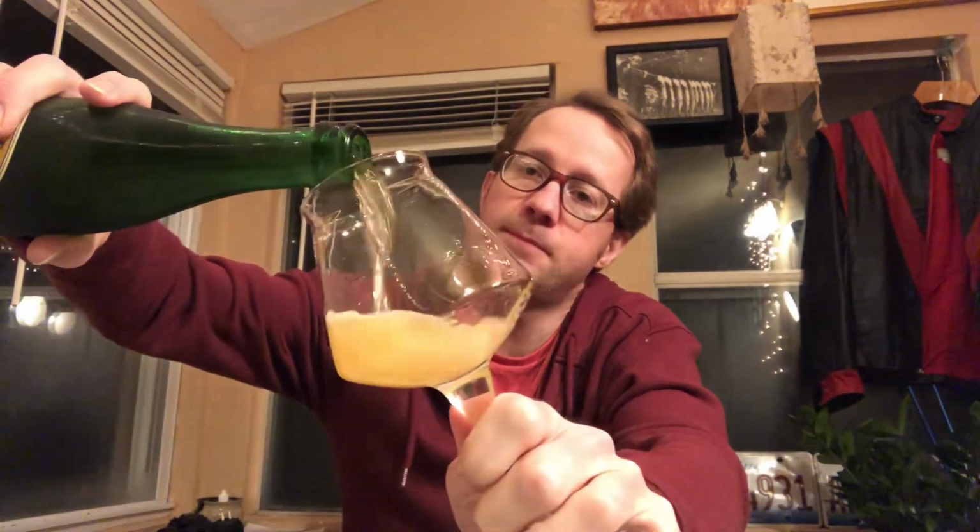So this is 6.3% alcohol and a traditional Geuze blend: one, two, and three-year-old lambics blended together, spontaneously fermented, no yeast added. So let's see. I do like Geuzes quite a bit, but I'm not as into the super sour beers these days. But not all Geuzes are super duper sour, and that pours with a pretty nice head, sticking around pretty well. And yeah, Geuzes tend to have a little bit of a,